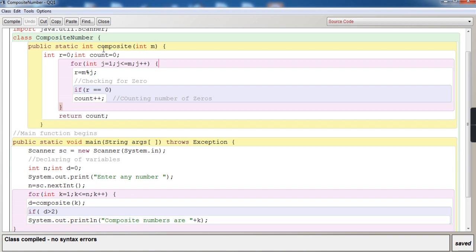Now one more thing, as it is a return type, you have to write the data type just in front of the name of the function, that is int. See the highlight, int. So the composite function has been declared as int. That means it is going to return integer numbers. If you write float, it will return floating numbers. Now as it is int, it will return only integers. That is the indication of a return type function.